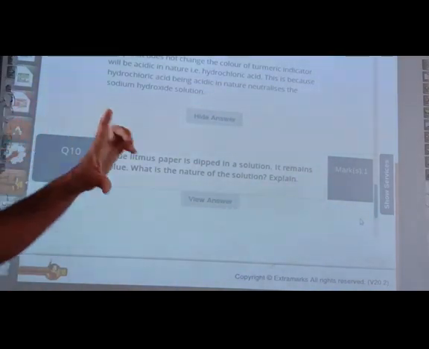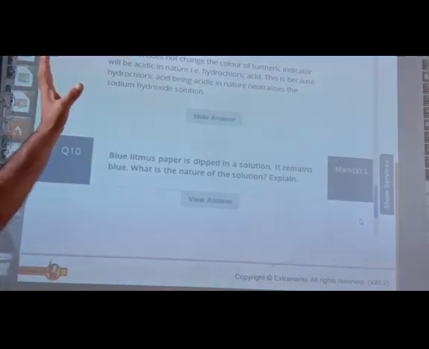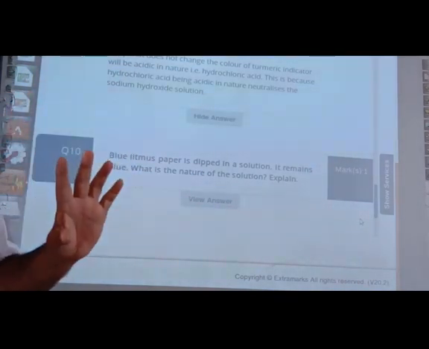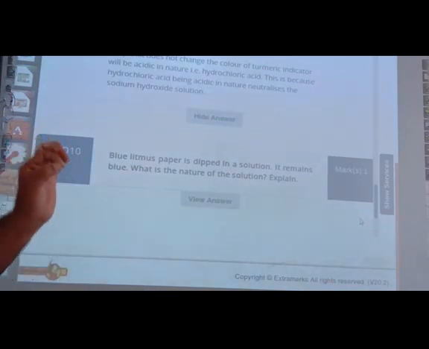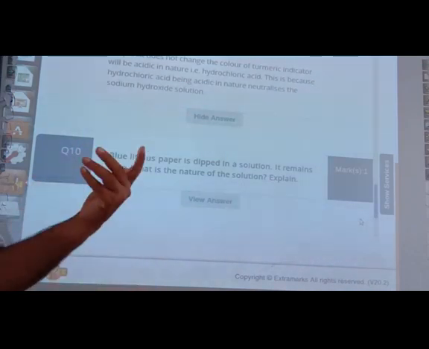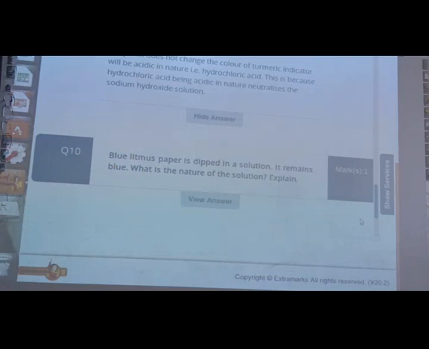Actually this is a big question, don't get confused. Whatever is written as such you should write. Okay, the substance which changes the turmeric indicator is only given. Turmeric indicator only changes the color of bases, means its color will change if the substance is basic in nature. In basic medium it turns yellow to red, but in acidic and neutral medium it remains yellow only. So you should write that.